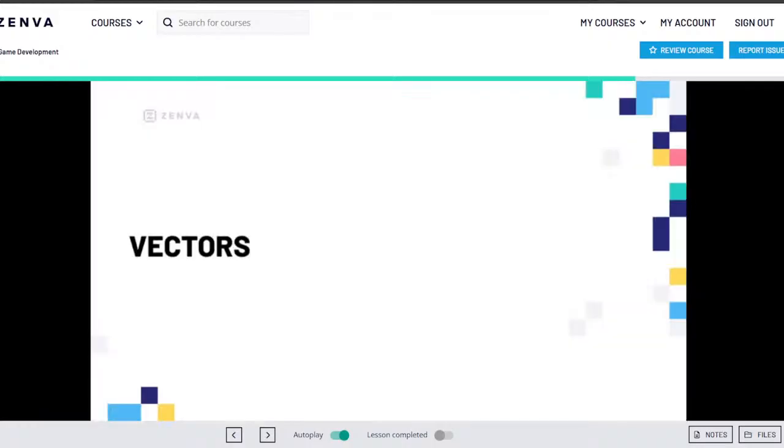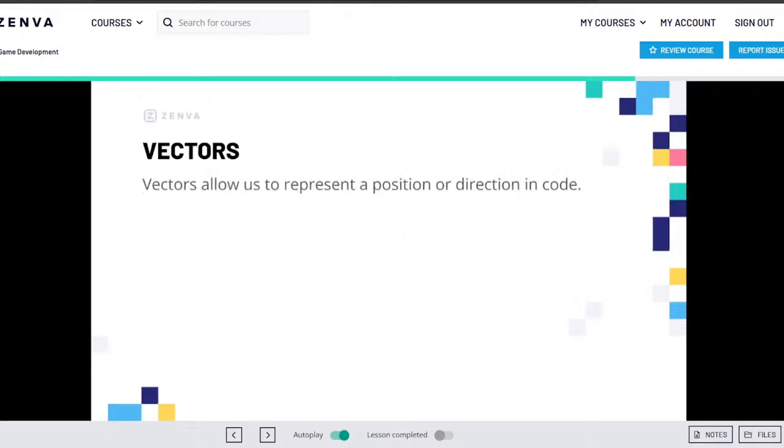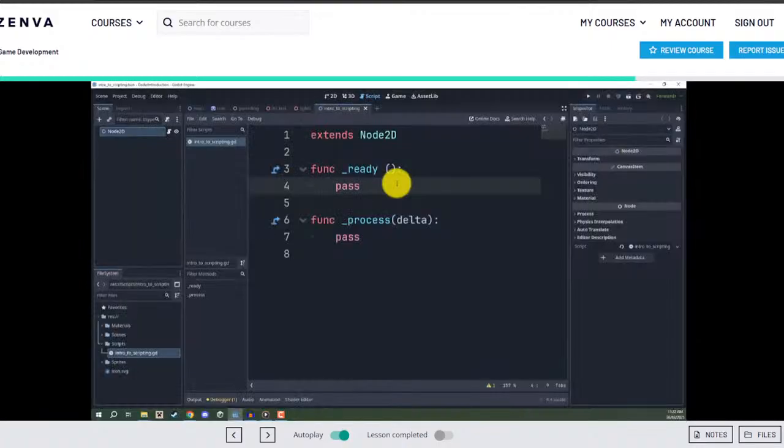Hey everyone, in this lesson we are going to be looking at vectors. Vectors basically allow us to represent a position or direction in code. Now I'm going to hop over into Godot and start teaching you about what vectors are and how we have actually already used them. So here I am back inside of Godot,